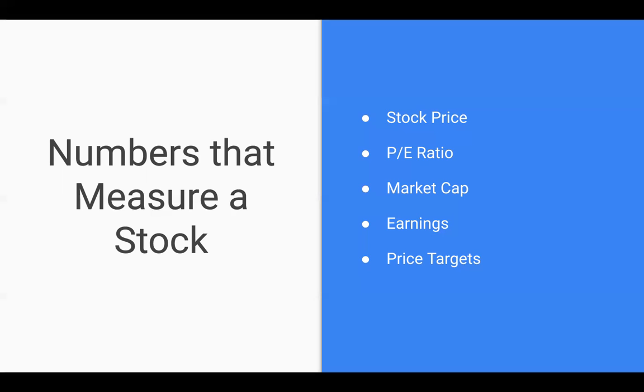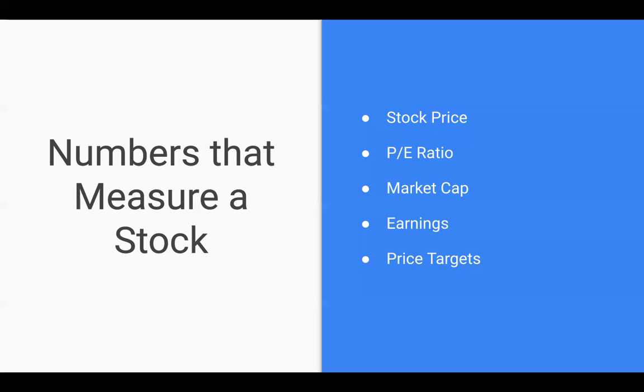If a company beats on earnings, and what I mean when I say beats on earnings is it beats the analysts' expectations for the company, it's for sure the stock price will go up. Now, while talking about analysts, it actually goes perfectly with price targets. So basically, price targets are an analyst's projection of what a stock is going to be in the future.